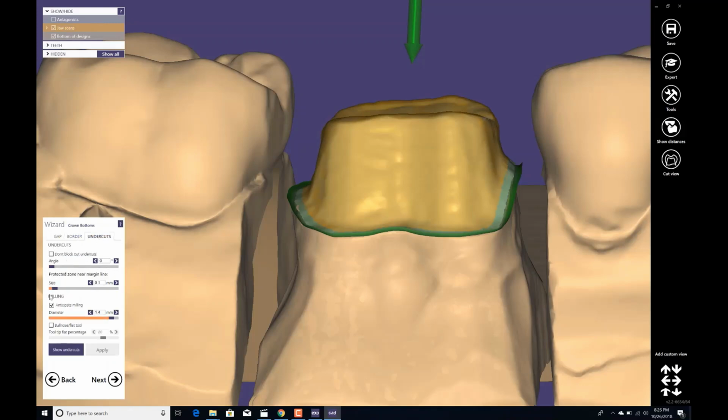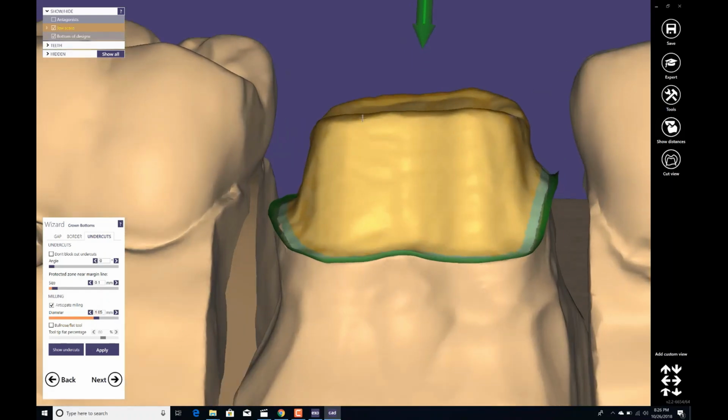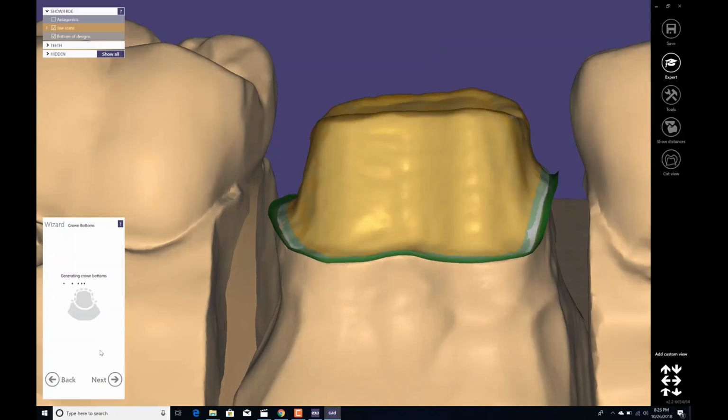Undercut, angle 0, size 0.1, diameter is gonna be 1.05, because our finish bur is gonna be a 1 millimeter, so we want to leave this 0.05 extra, okay, to create the cement gap. Once you do all of these, you just click on apply,